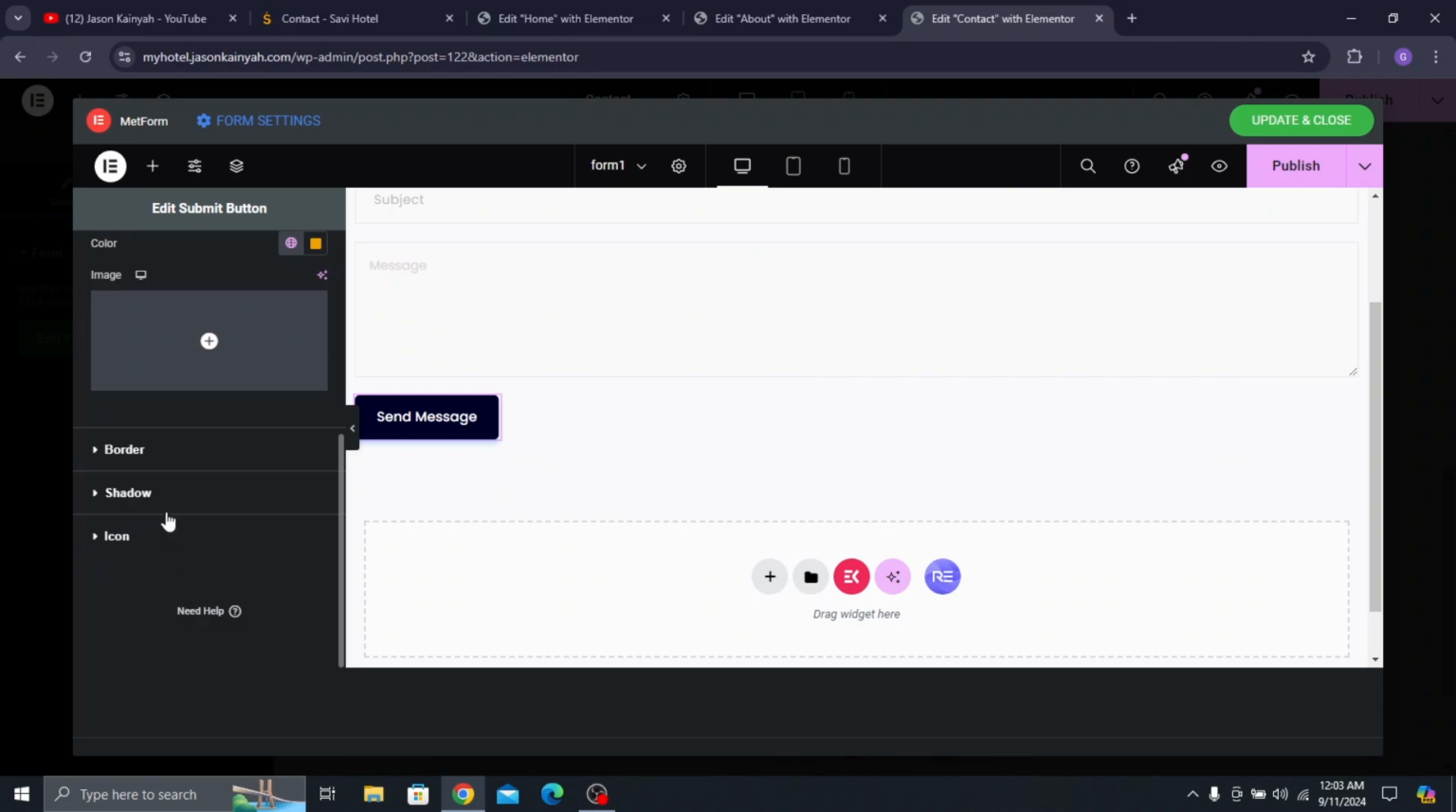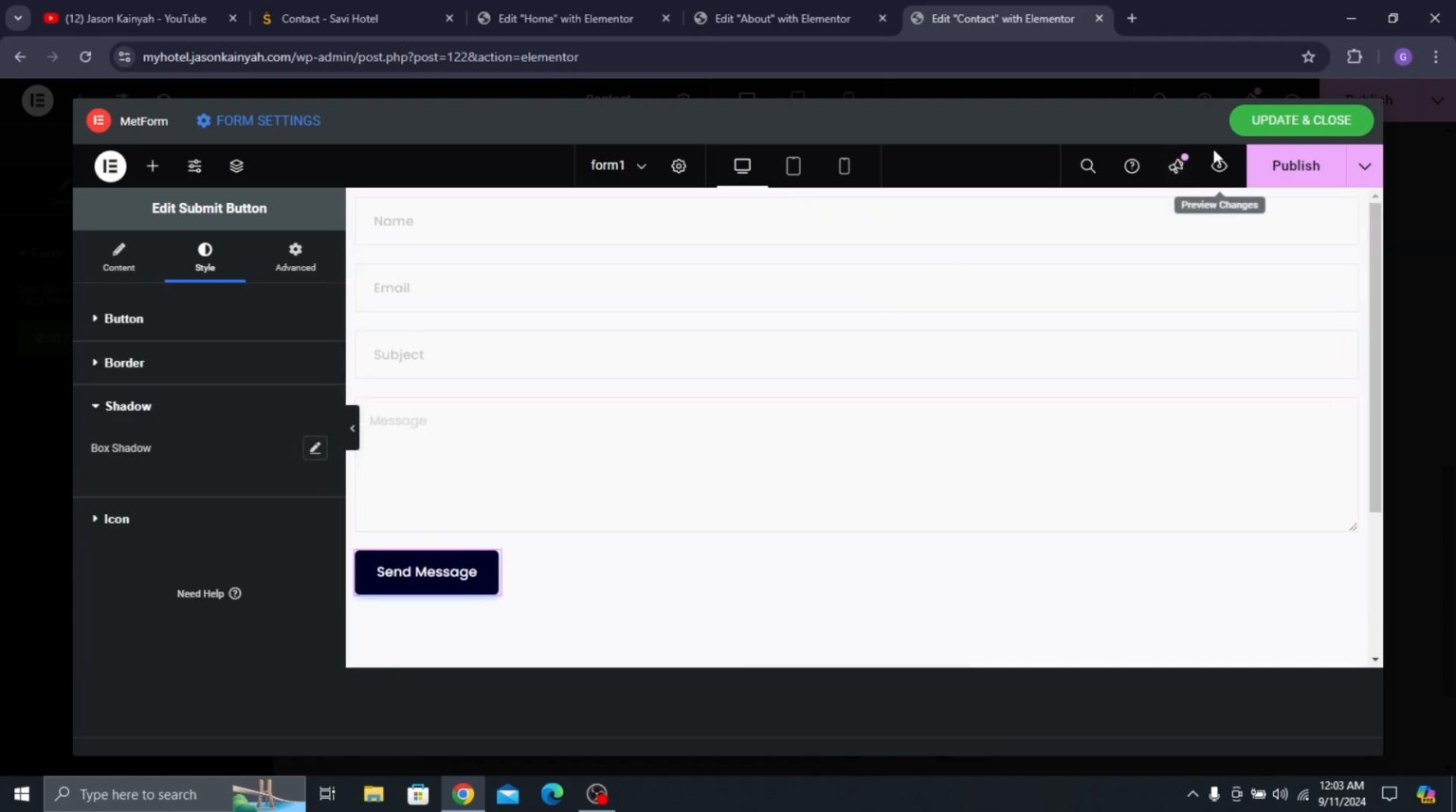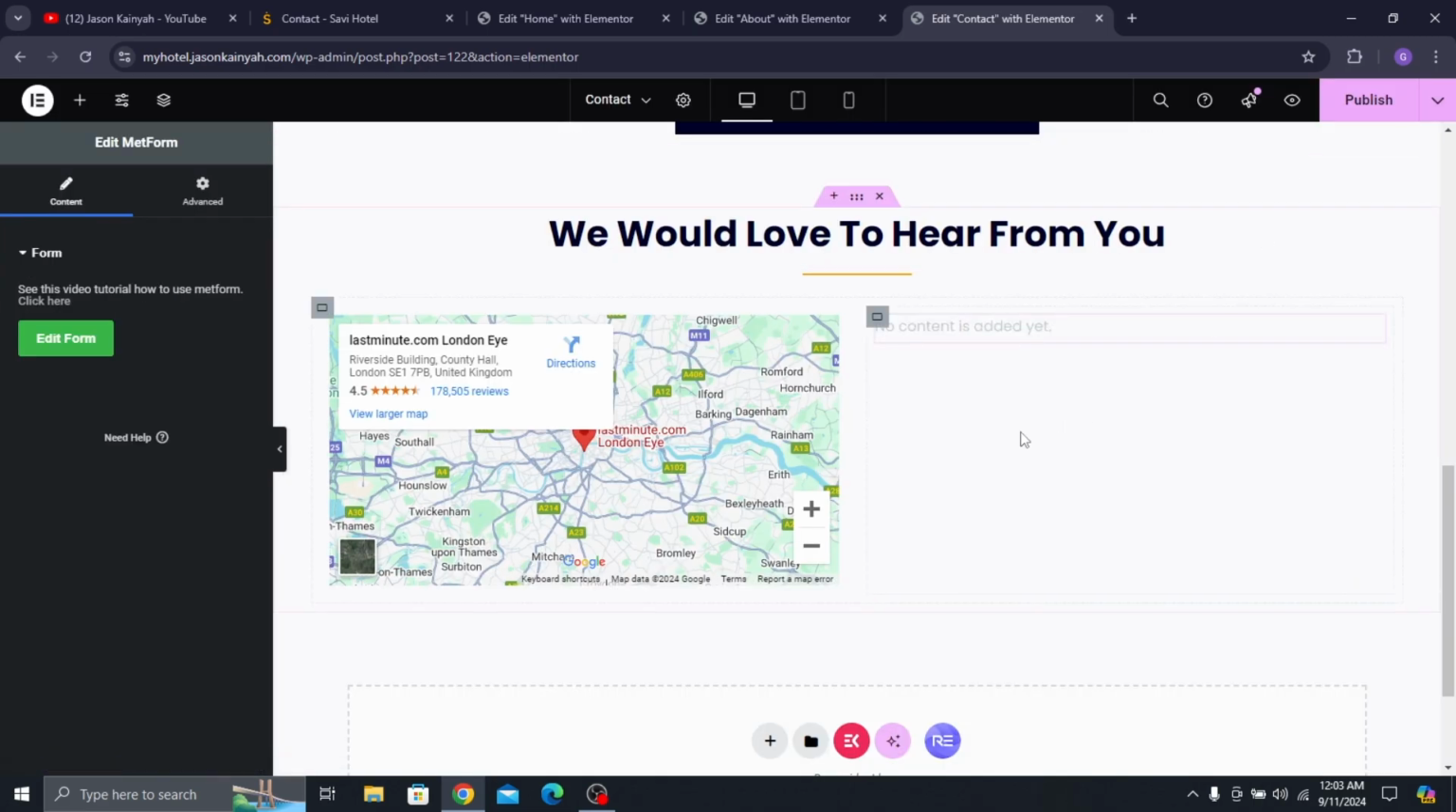Then I can go to border. Okay, the border, everything is fine. I can go to shadow, and I'll click on this and click on this to take away all shadows. All right, now you can click on publish here, and then here you can click on update and close, and